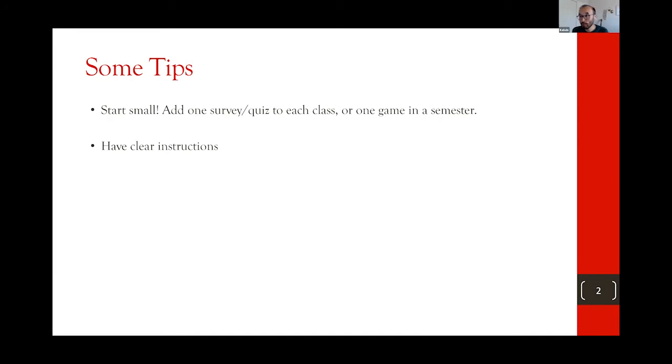But if they're not really sure what they're doing, then they are just focusing on trying to play the game. So that's one tip: use MobLab's instructions, send them before time, maybe talk to the class before the game a little bit, 5 minutes, just to talk about what they're going to do in the game, what their objective is, so they know what to expect. And then allow students to interact.